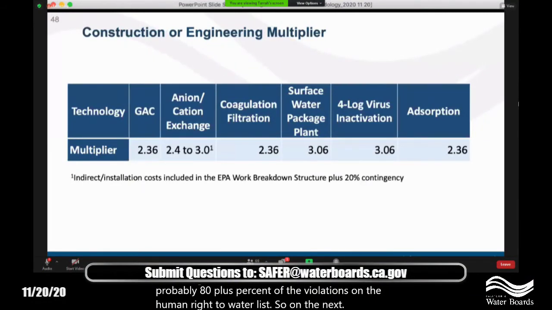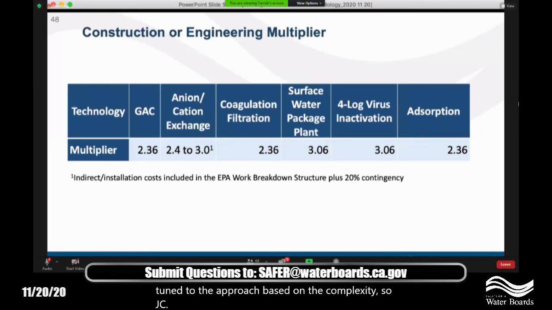this goes back to the engineering multiplier. So we've got the size of the system. Now we know what that treatment approach is, and we can get to those capital costs pretty easily. And then we synthesize those numbers with these engineering or construction multipliers, tuned to the approach based on the complexity. So GAC,